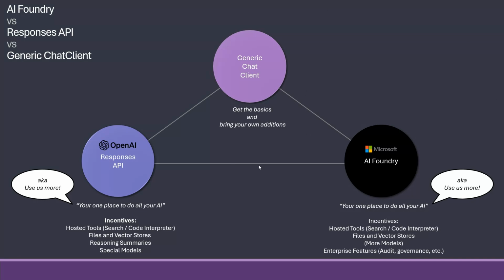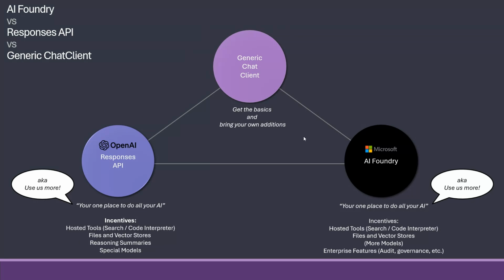So it is essentially, which of these three bubbles do you want to be? Do you want to go all in on Microsoft and use all their tools in order to ensure governance, enterprise, and so on? Do you want to use OpenAI, quick, easy, and simple?